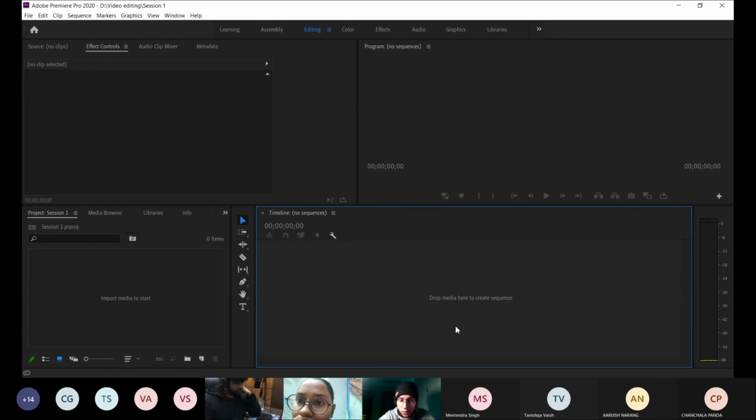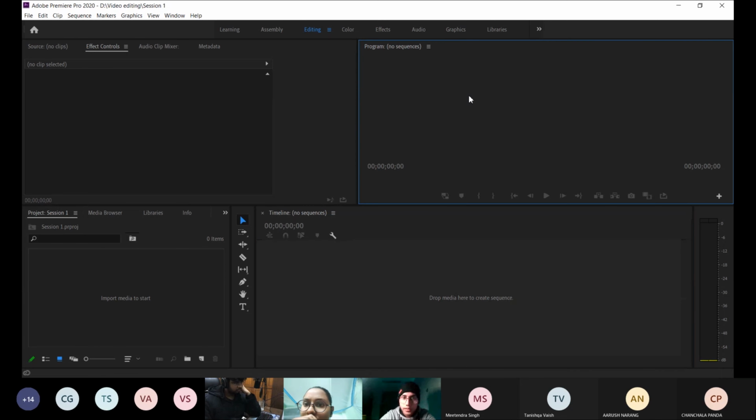And whatever you make over here is the thing that is presented over here. So basically you make your own sequence. A sequence is a combination of video, audio, and photos. Then whatever you make is projected over here. So this is the preview window. Sorry, this is the display area. I'm confused. Yeah, this is the preview window.